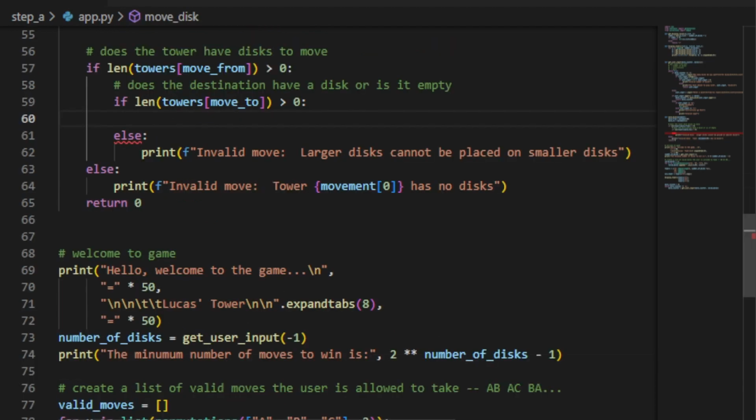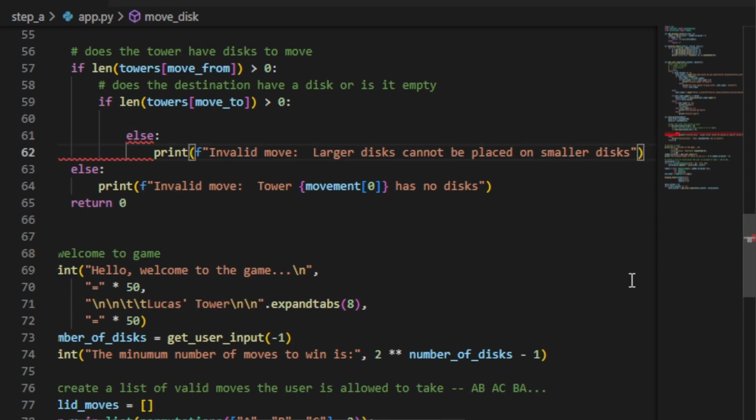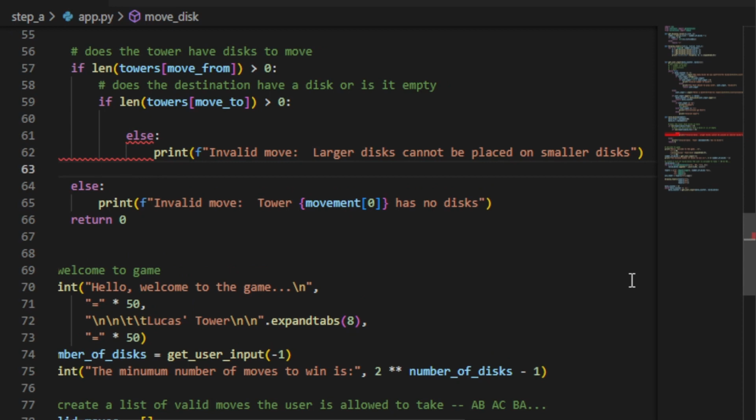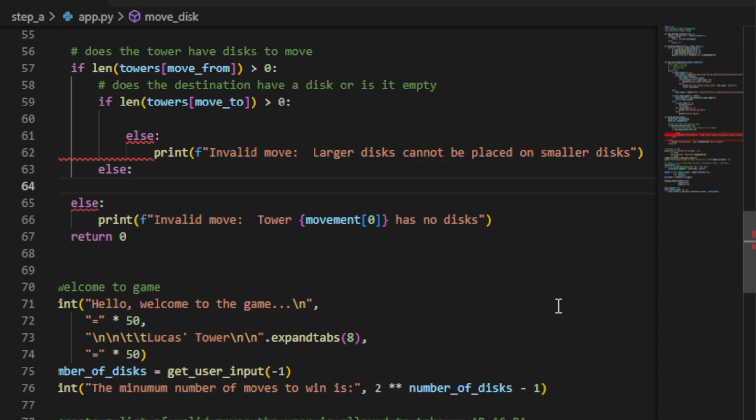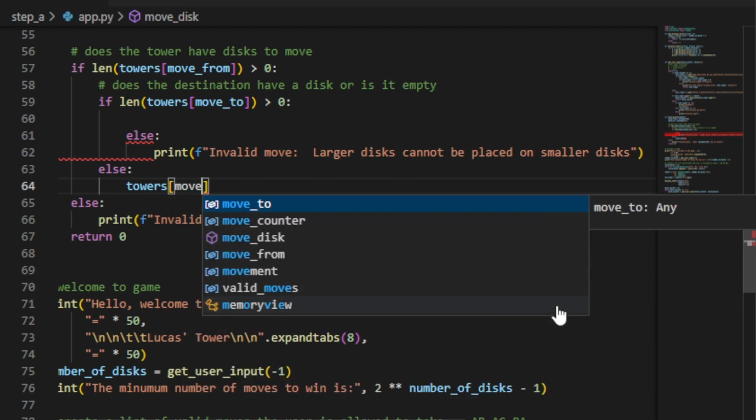I'm sorry. This is actually a check for the disk size, which is going to come maybe the next level. Alright, so if we fail the destination, or actually, if this is a valid move, then we want to return 1. So let's see, so else, towers move to,